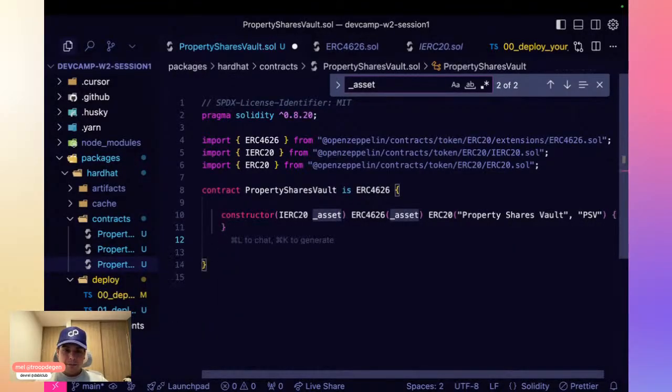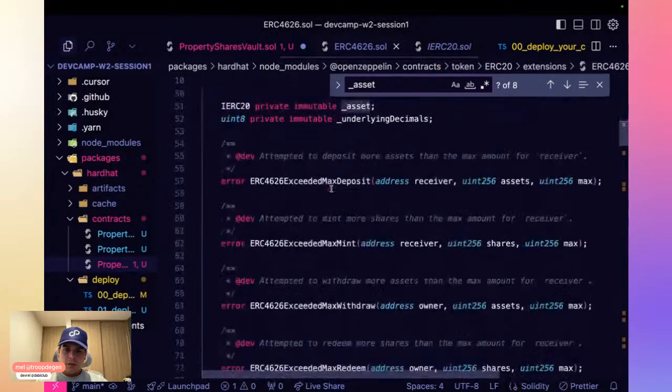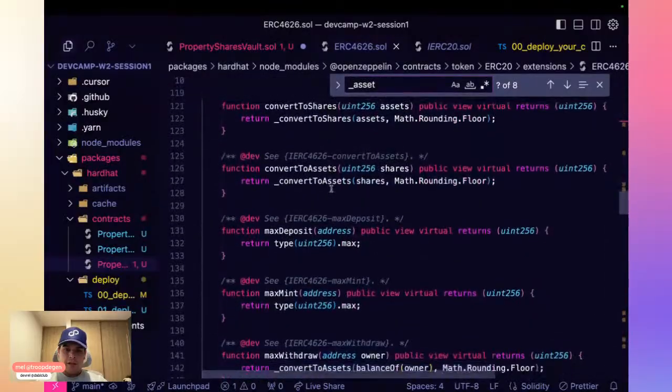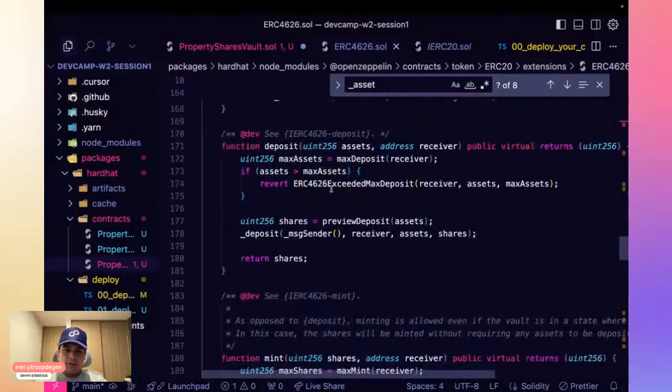So here, let's see, withdraw, why does it show like this? Inside the 4626, we should have the definitions for the withdraw and the deposit.